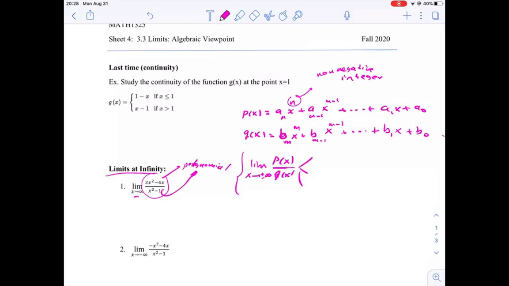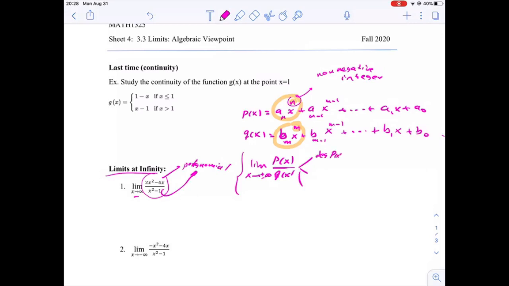By leading term, I mean this term, the term that involves x with the highest power n. And here similarly, x with the highest power is m. So this is called the leading term. Okay, so we have three cases, the first case is that if